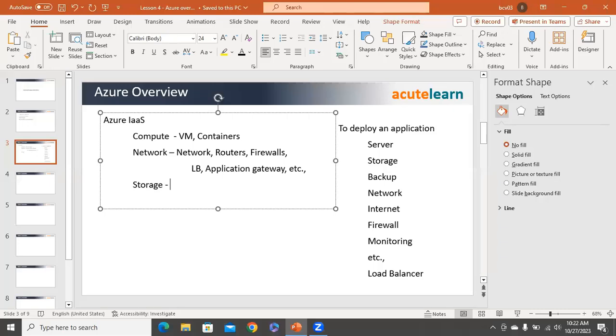Now you have 20 virtual machines created on Azure. You have to ensure that there is a backup available. Now you need storage capacity. So as part of infrastructure as a service, Azure will provide storage services, basically disks, file shares, queues, and blobs. It provides many storage solutions for many things. Then it provides